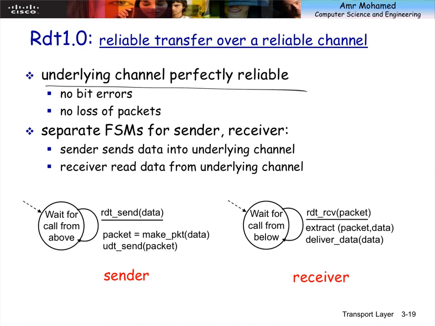Right? At the other side, wait for data from below, in that case. This is the receiver side, or the reverse operation. And again, when I receive, I don't have to do anything to handle any possibility of error, because again, the assumption is that channel is error-free. I don't have to send anything back, because again, the assumption is that nothing can be lost. Okay? And then deliver data to above. Very simple, right? One state here, that's it. Deliver data to the application.